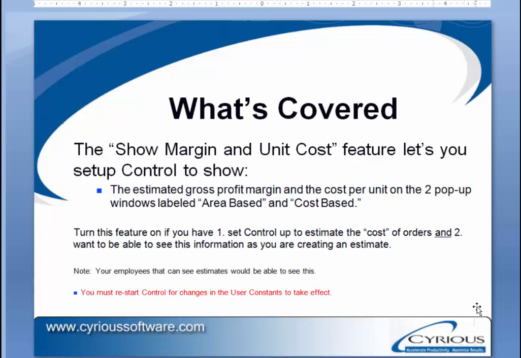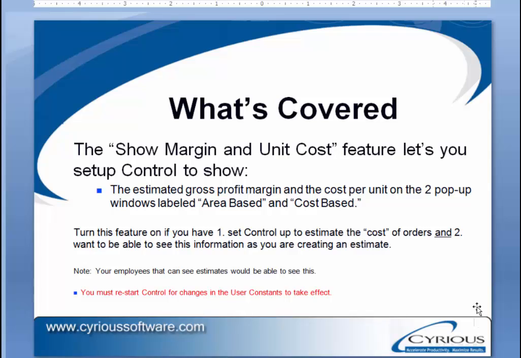Your margin is your gross profit on an order or on an estimate, and actually it's your estimated gross profit. Your unit cost, estimated again, shows you how much you think it's going to take to produce that particular order. By turning this feature on, it lets you see your estimated margin and your estimated unit cost on the pricing form or on a pop-up that's available via the pricing form, so that as you're creating an estimate and bidding